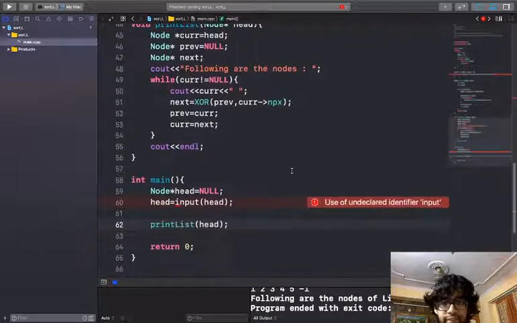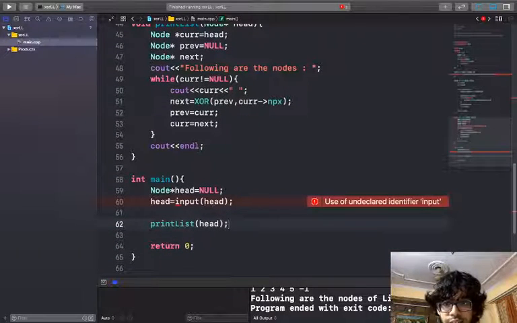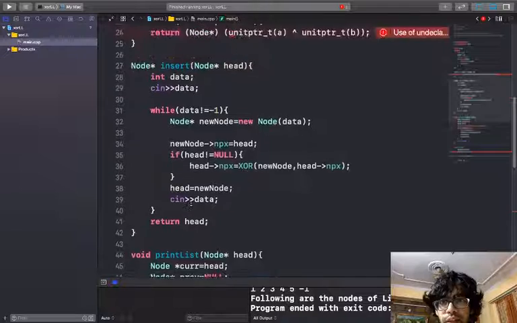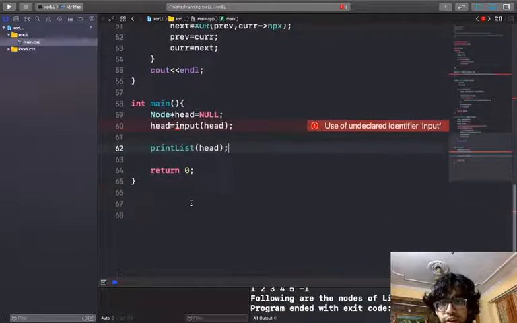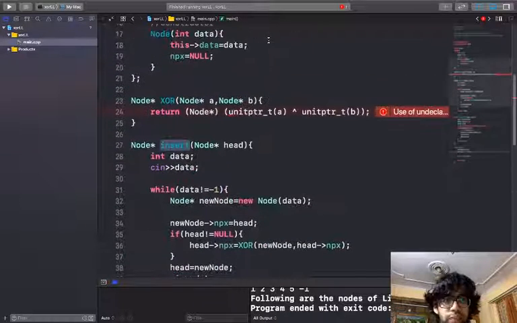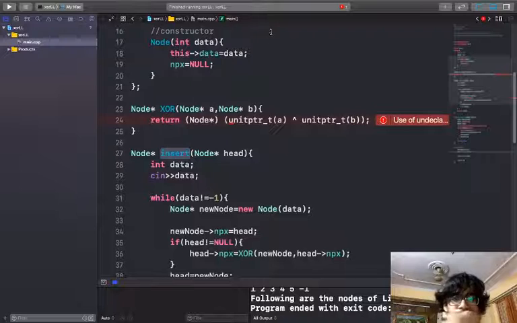Okay, print list head, input: undeclared identifier input. Okay, what is my function's name? Its name is insert. I'm sorry, insert. Now it seems fine. I'm just wondering why it is giving me an error. Let me just check my code.